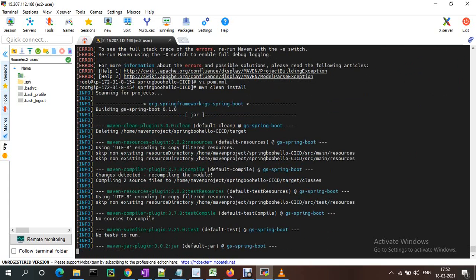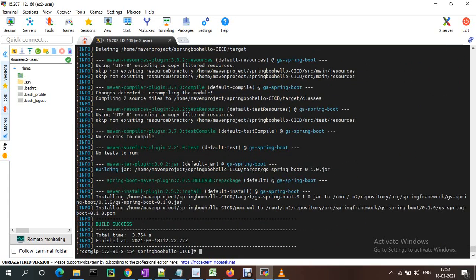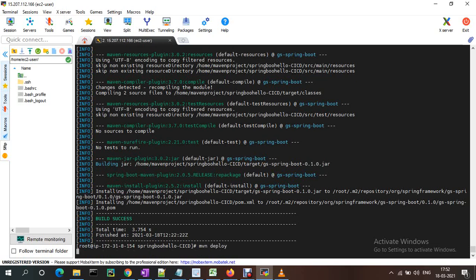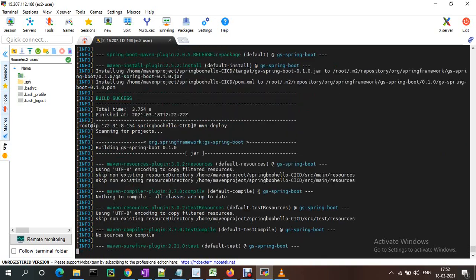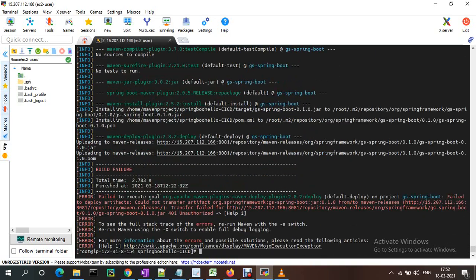I think this time it will be success. Okay, now build is success. If you try to do mvn deploy, it will fail again because we didn't mention the username and password. This is unauthorized.